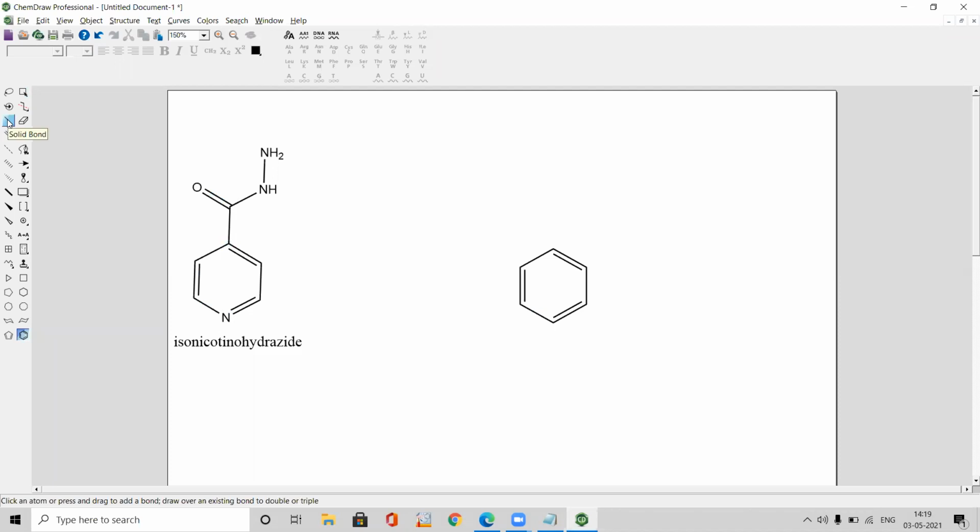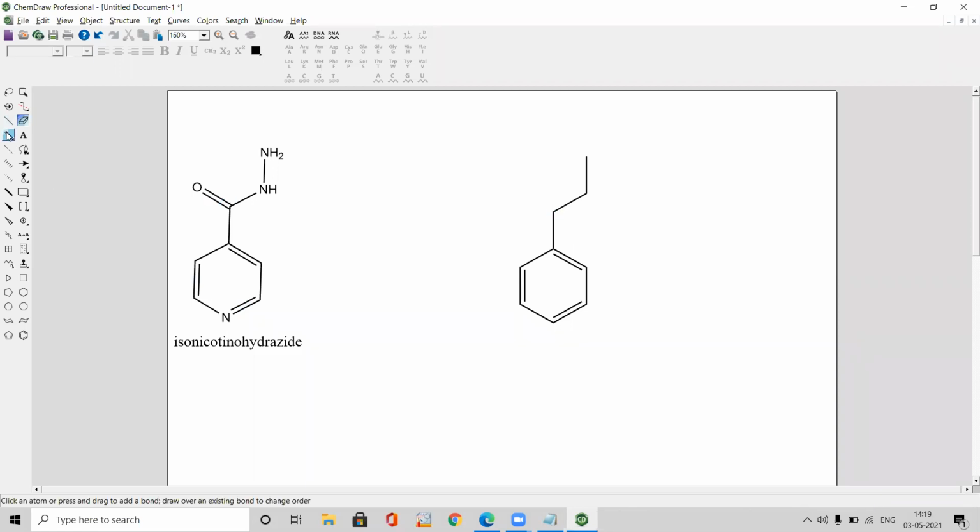So I will select the solid bond, click on the carbon, you will get substitution. Again click on this carbon, so you will get the extension. Again you need another extension also, another bond also. So I'm drawing similar to the shape which is present on the left hand side. You can draw up to your wish until unless the configuration will be correct and the chemical structure will be correct. Now at this carbon there is a double bond here.